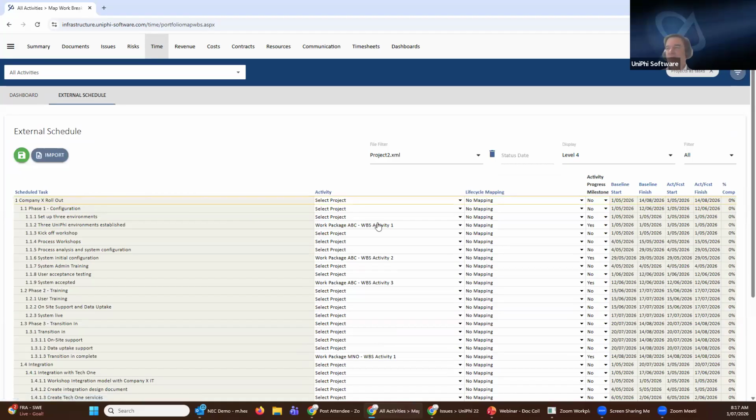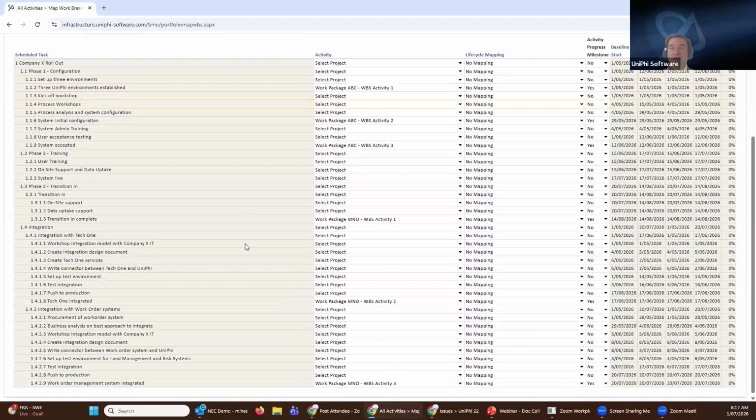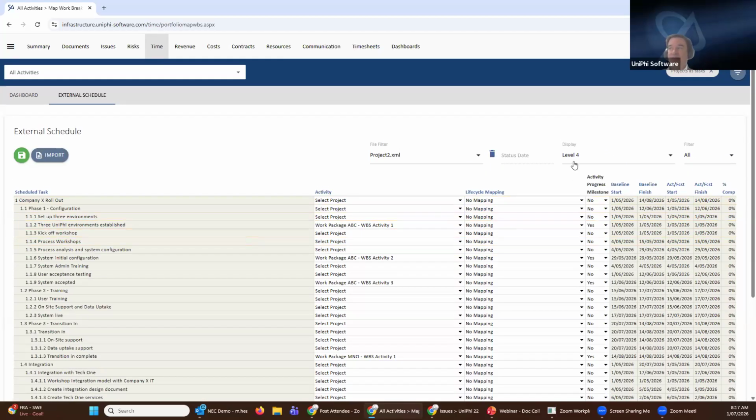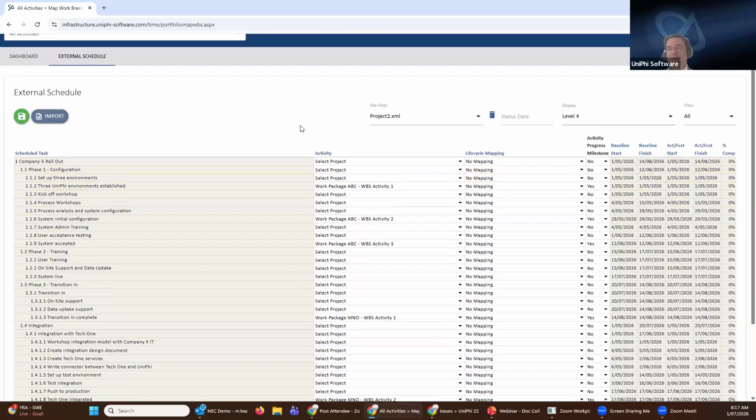And once you've done that, you're able to synchronize the activities and have their dates and their percent complete inherit from that schedule. So that's one option of getting the progress and the schedule from a low level, more detailed activity list. In our examples, sometimes these go down to 10 levels and have thousands of tasks, a bit over-engineered, but that's the way it is in the industry. And you will map this once, and then every time you upload again, all the dates will then naturally update.